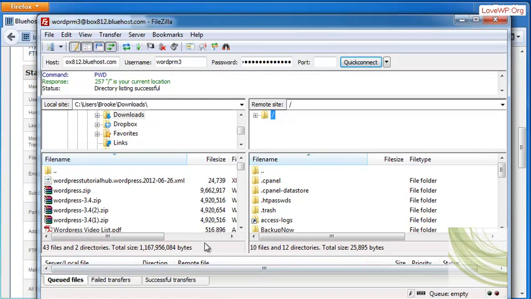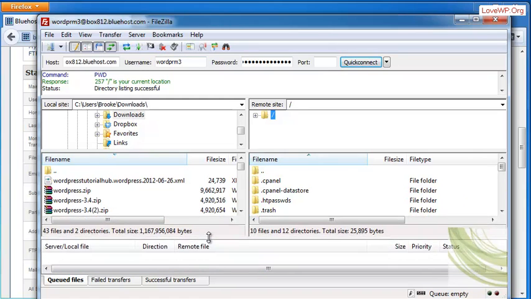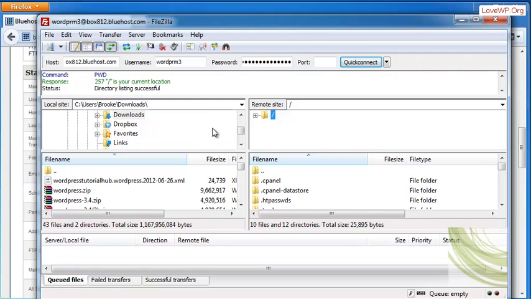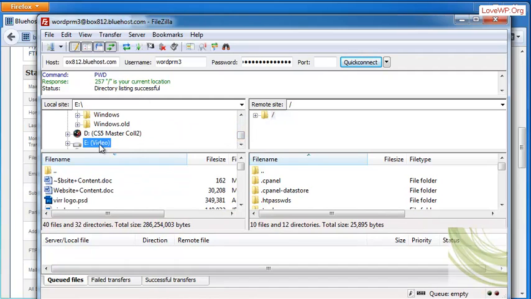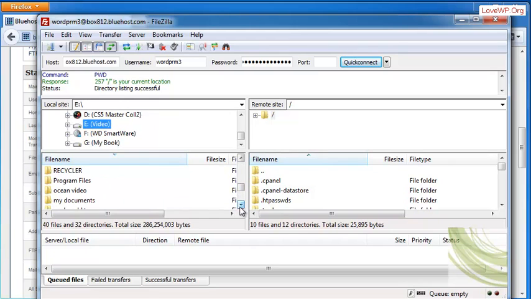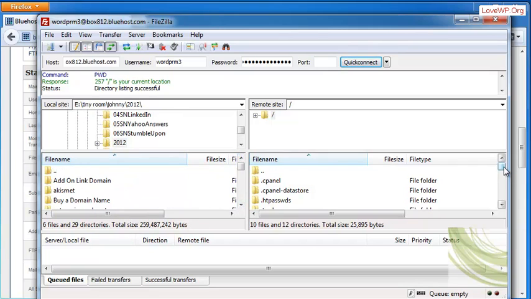So I'm going to just move some of these around so you can see what will happen when I choose some files. And up here it shows me my folders. So I'm going to go down to another drive, which is my drive that I use for these tutorials. I'm going to open a folder with documents that I want to put in here. I'm going to go down to the folder where I want to put them, which is in my public HTML,